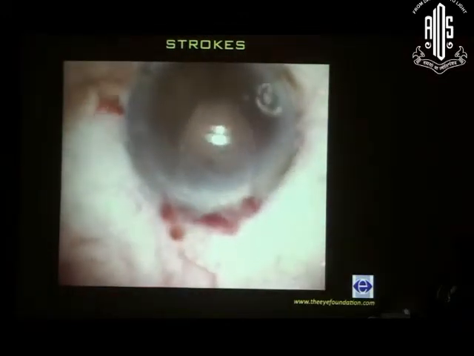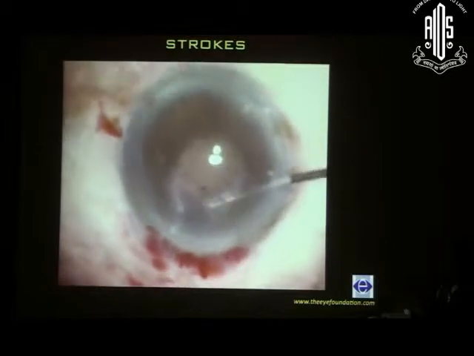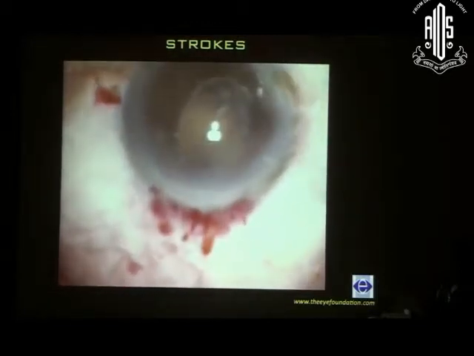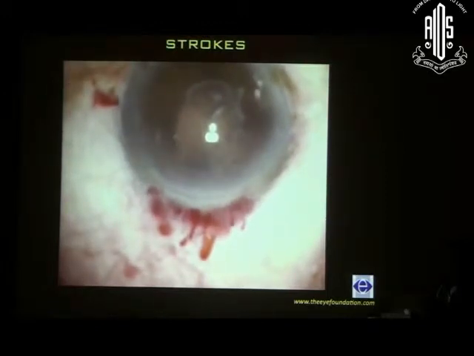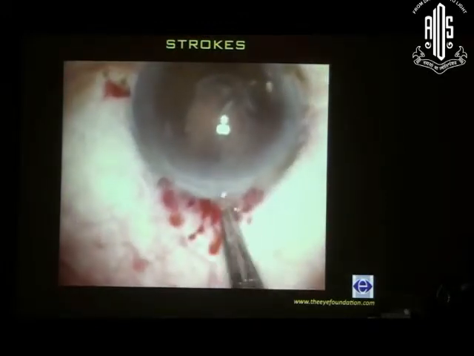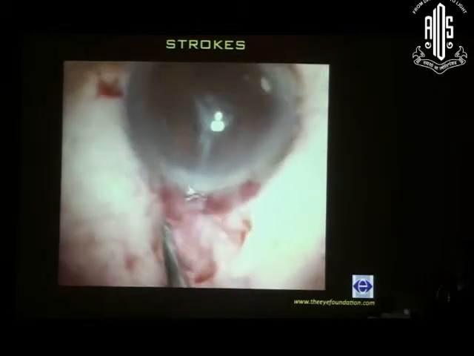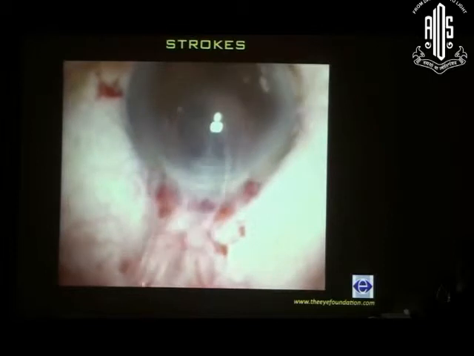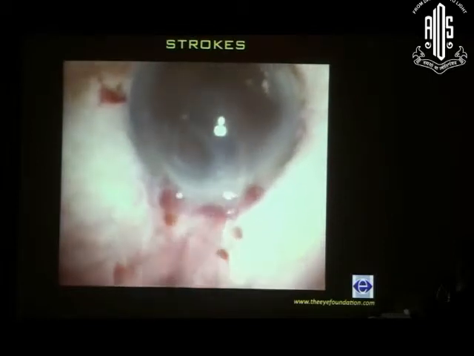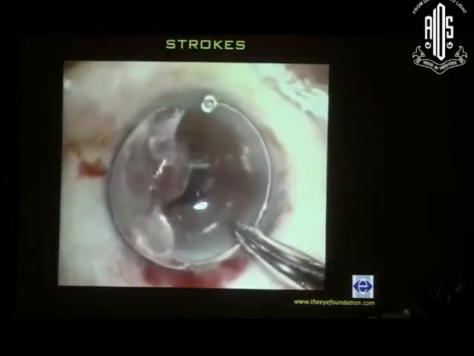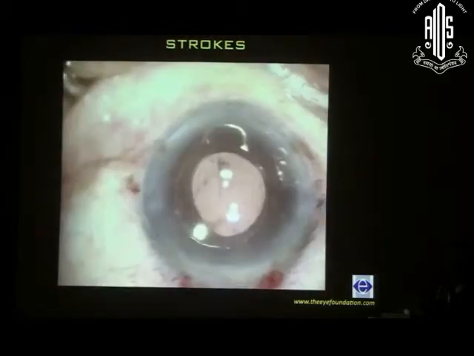And the different options which open here are a scleral fixated IOL, a glued IOL, or an iris fixated IOL. And in this particular case, I had managed it with an iris clip lens. You can see as you remove the last cortical remnant, the CTR also comes out. So we should not give up on it. You can even use iris hooks to locate the CTR and then definitely go ahead and remove it.